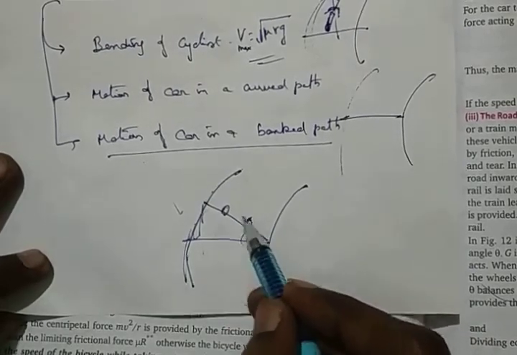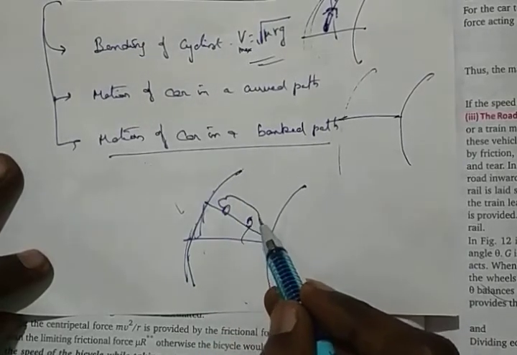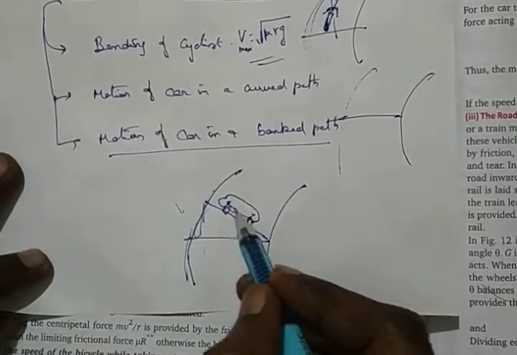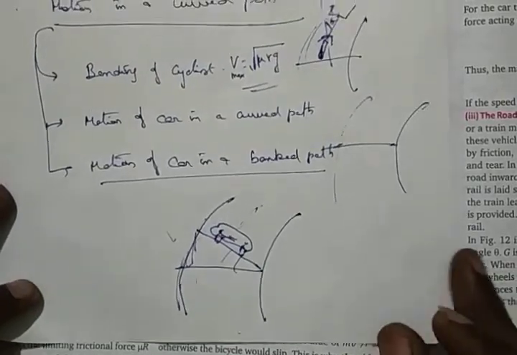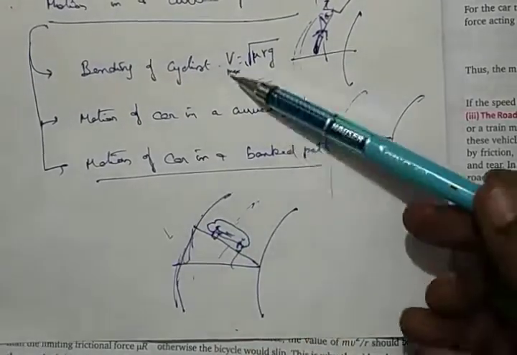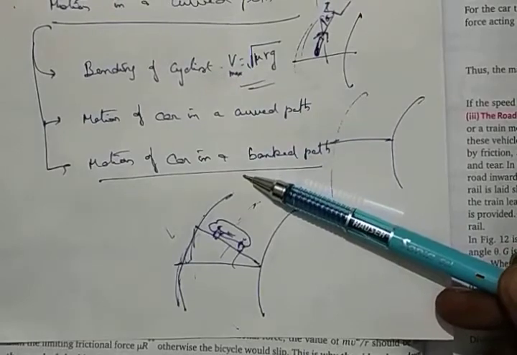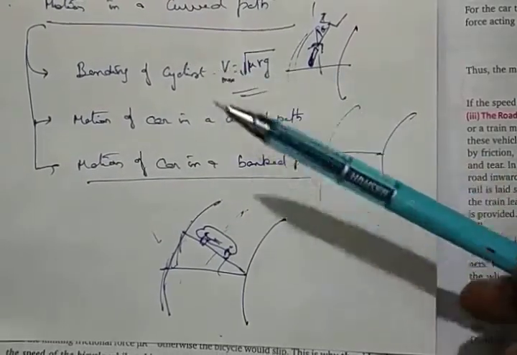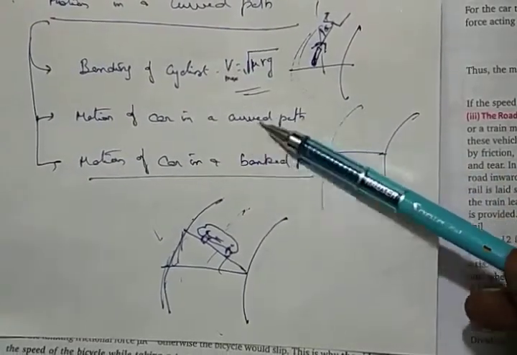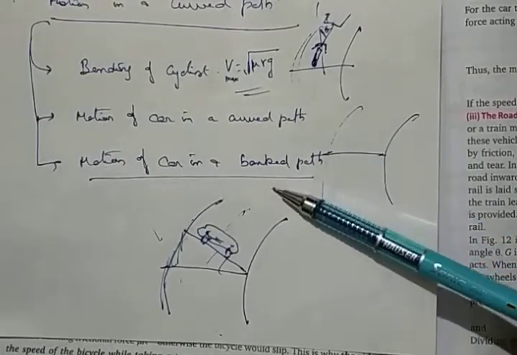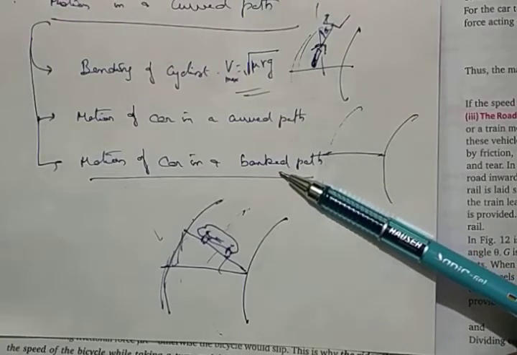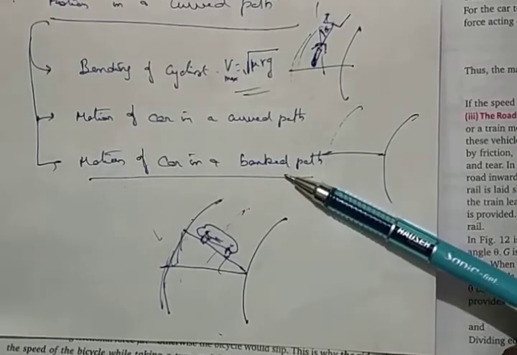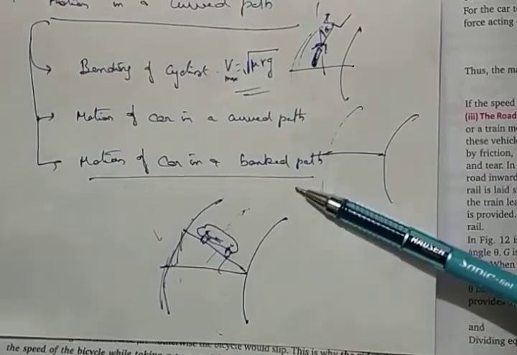So you can draw a car which is coming, like this. So this whole thing is there, right? Please learn these three derivations thoroughly. Very, very important. Bending of cyclist, one derivation. Motion of a car in a curved path, without banking, it is not banked. Next one is the banked path. The banked path derivation is pretty tough, quite long. It has friction also involved, so it becomes quite hectic. Please learn this thoroughly. It is important, right?